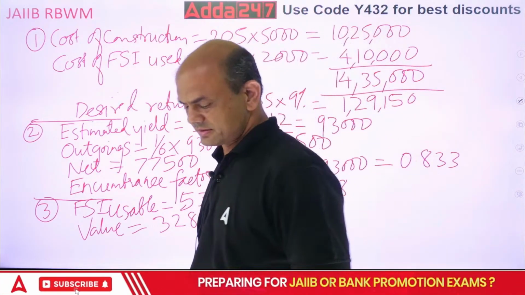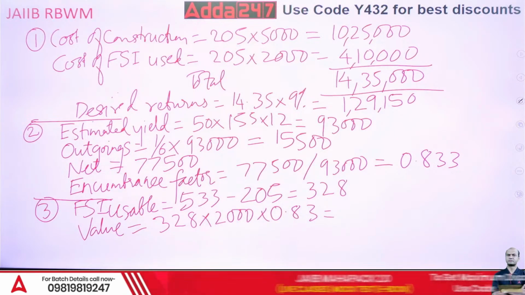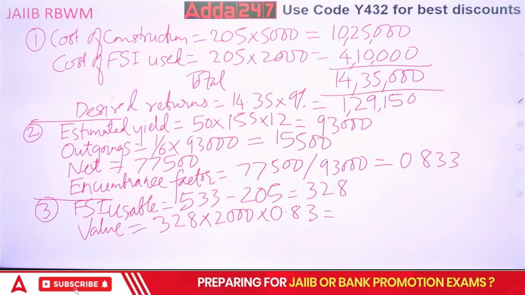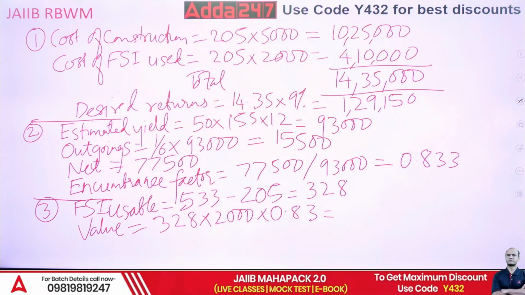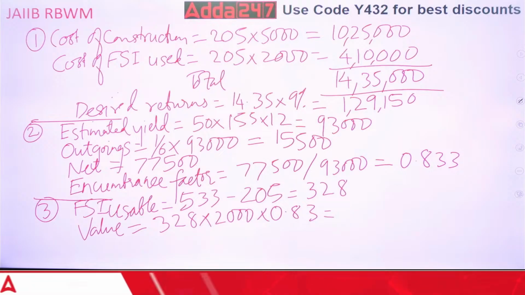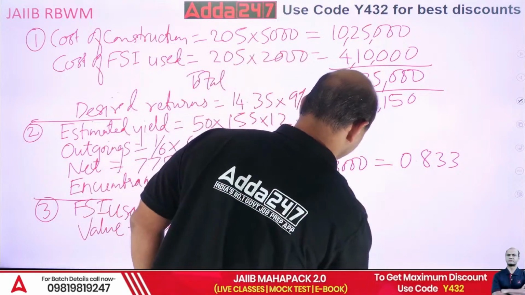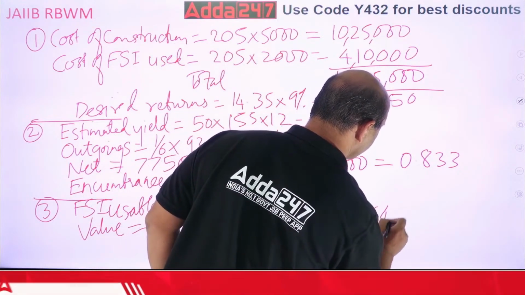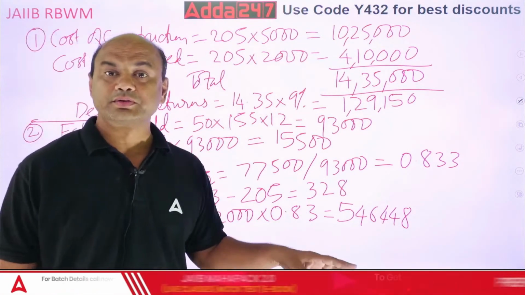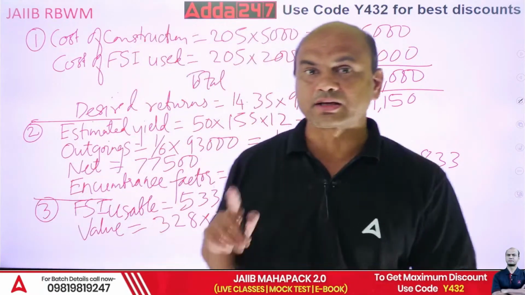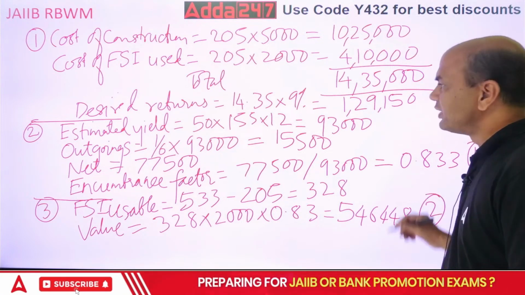Let me see the answer. How many of you have typed it? Let me see the comment section. Everyone type it in the comment section. It is 546,448. That's what I am getting. Students are also giving me 546,448. This is what we are getting, the encumbrance factor, meaning value of the usable FSI. So your two answers are these. First one answer was this. Second answer was this. Now in exam,